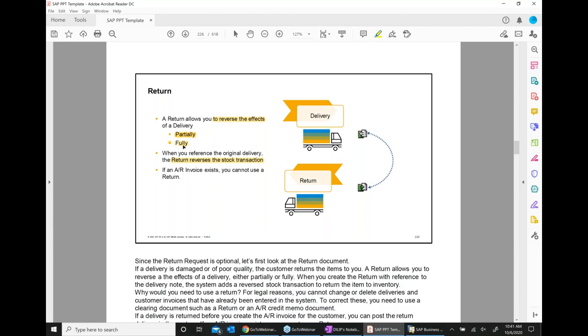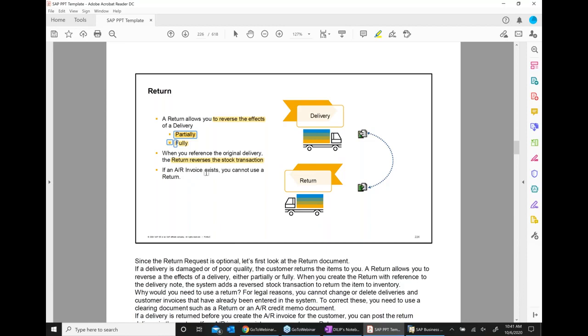Now, the customer can return me full quantity, or the customer can return me partial quantity. It's possible that I deliver 10 pieces, and the customer returns the entire 10, or the customer can return some part of that product. So the customer has a choice to return the material fully or partially back to us. So we're going to see how we do the return process.